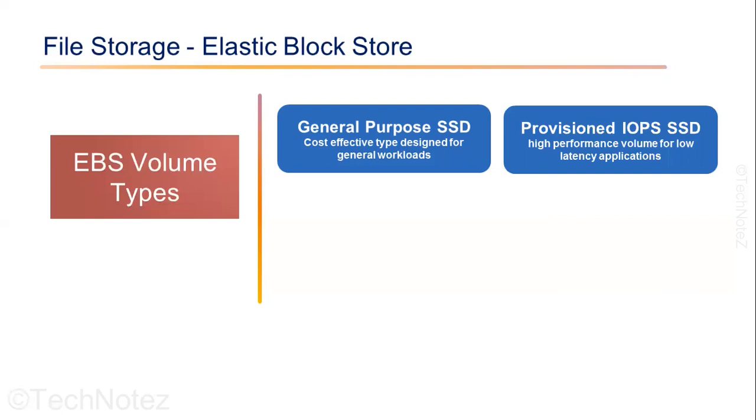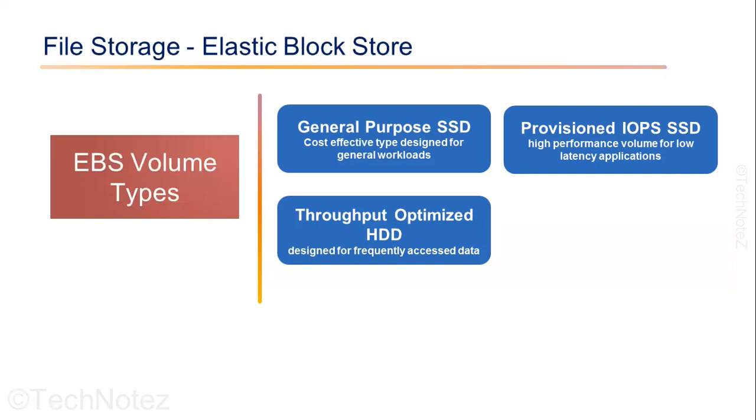They are optimized for input output intensive workloads such as high performance databases, big data workloads, and transactional systems. Throughput optimized is a storage volume type provided by AWS. It is designed for large sequential workloads such as big data and data warehousing. Throughput optimized volumes are based on traditional magnetic hard drive technology. They are optimized for large sequential data workloads that require a high level of throughput such as big data warehousing,